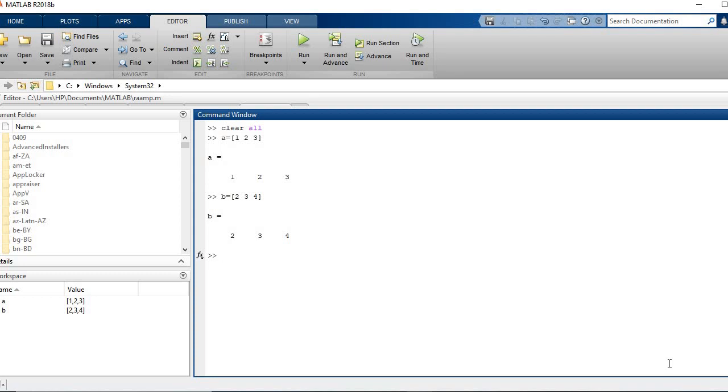But now, if we have to multiply individual elements of both the arrays, what I mean to say here is, if we consider this array A, this one is present at the location 1 comma 1, this 2 is at 1 comma 2, this is present at the location 1 comma 3, and if we consider this linear array B, this is present as 1 at 1 comma 1, at 1 comma 2, and 4 at 1 comma 3.